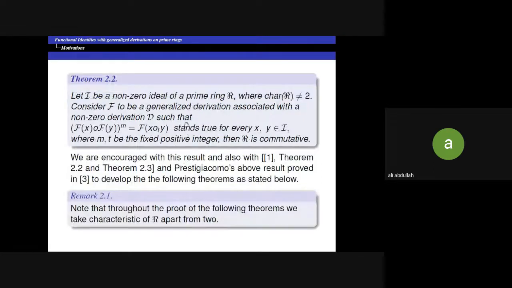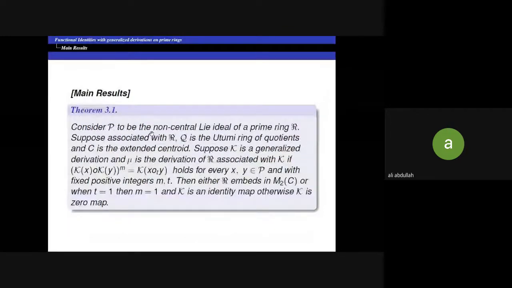Ashraf et al. also studied these functional identities, but for ideals, and taking lead from these two results, we have given our main results. Suppose P is a non-central Lie ideal of a prime ring R, and associated with R, Q is the orthogonality quotient, C the extended centroid, K is the generalized derivation, and mu is the associated derivation of R. And if K satisfies this functional identity for every x, y belonging to the non-central Lie ideal P, and